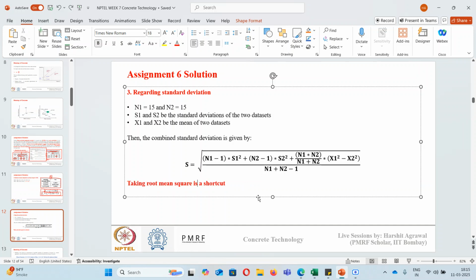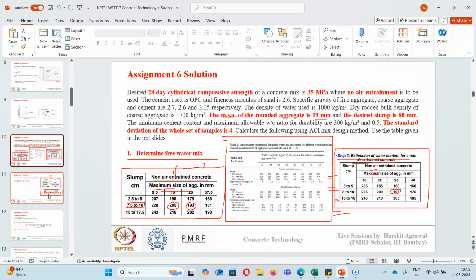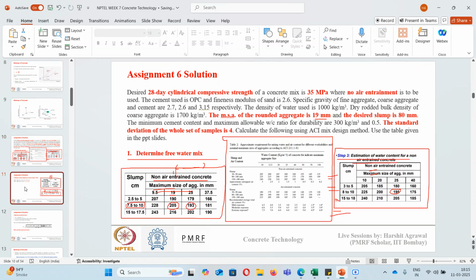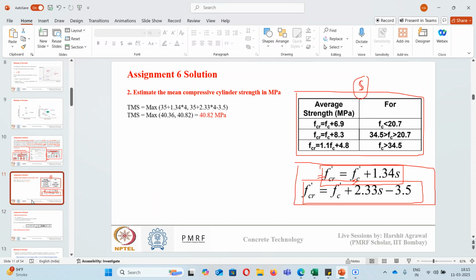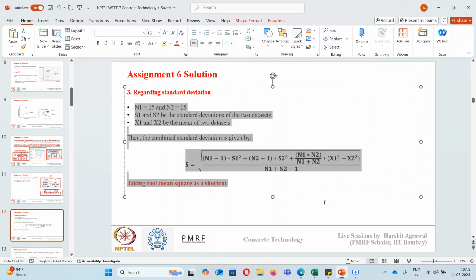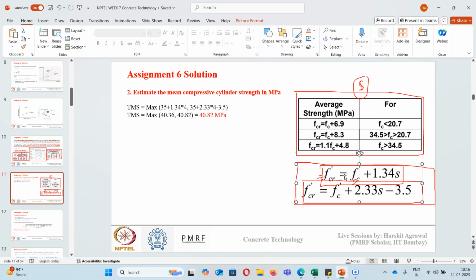So 35.82 is the right answer. Actually, you just share that question with me, okay? The assignment that I had has this question, so I was not able to solve the same question like you have, but we will solve that. That is easy. You just need to follow these steps: take the root mean square, the square root of S1 square plus S2 square upon 2. That will give you the standard deviation, and then you need to use these two formulas.